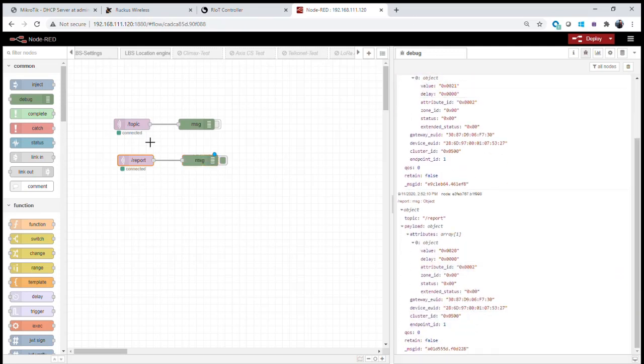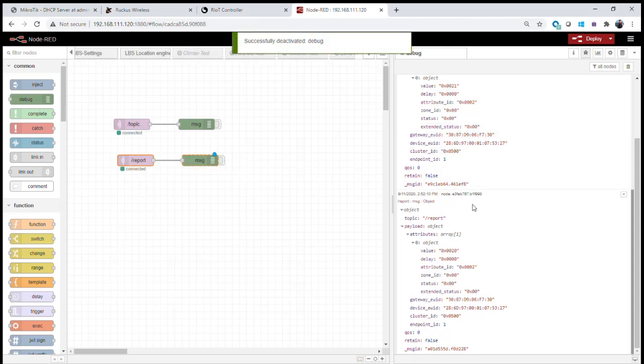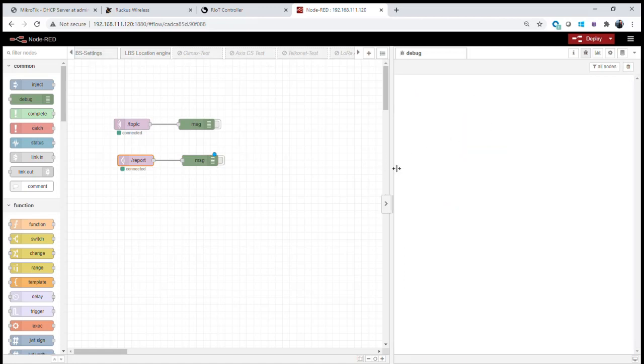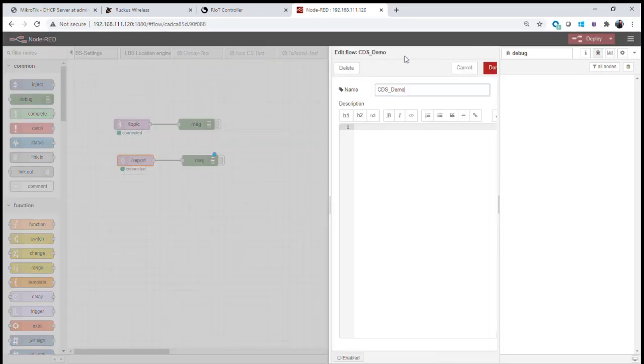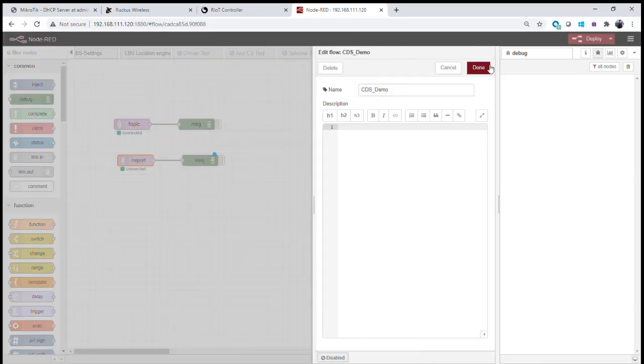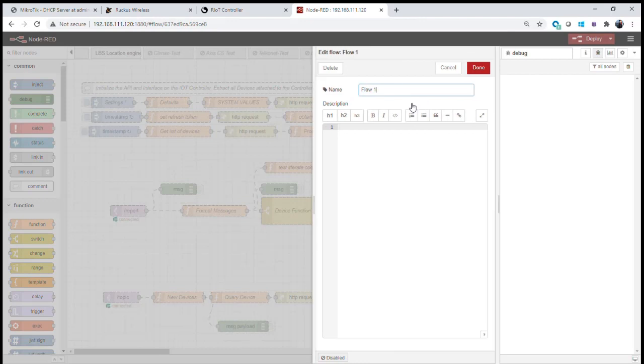So now, very simply, we're able to get status updates and information from any device on the IoT controller. But in addition to just looking at the data, this is not really very user friendly, and it requires us to go in and figure out what these all actually mean. So by taking this one step further and using a combination of the MQTT push and the controller data stream along with the API, we're able to make a far more complex